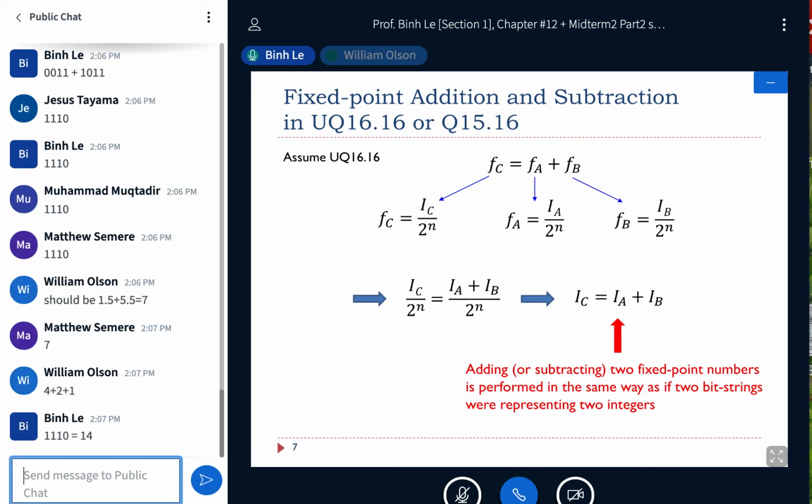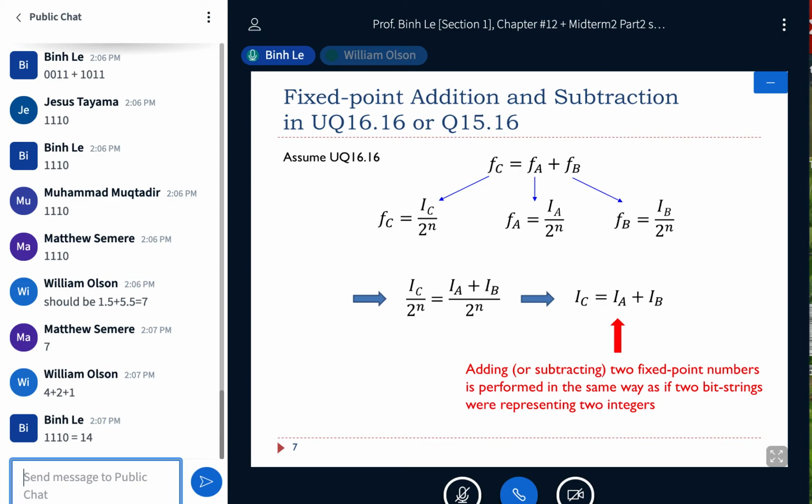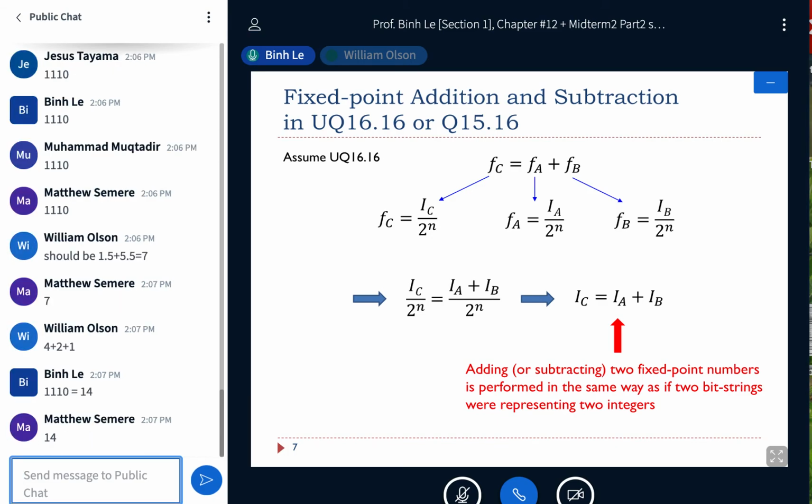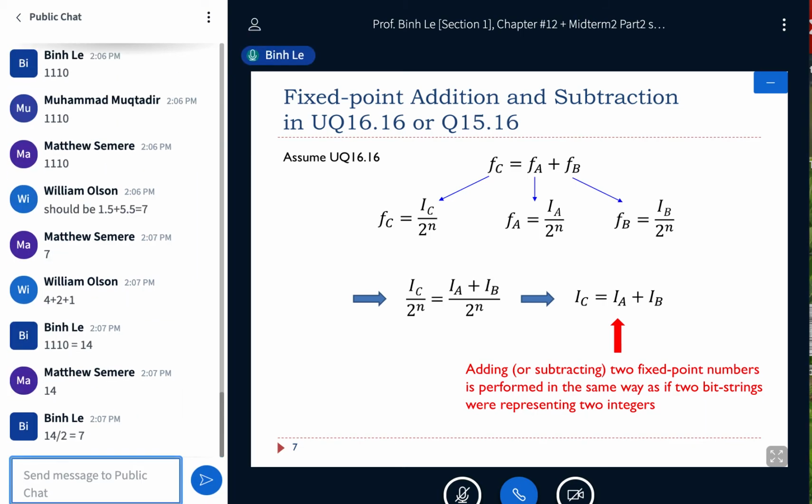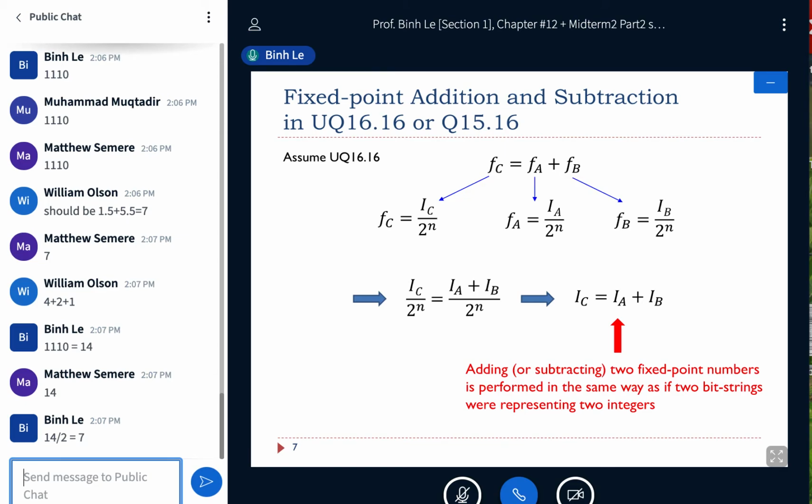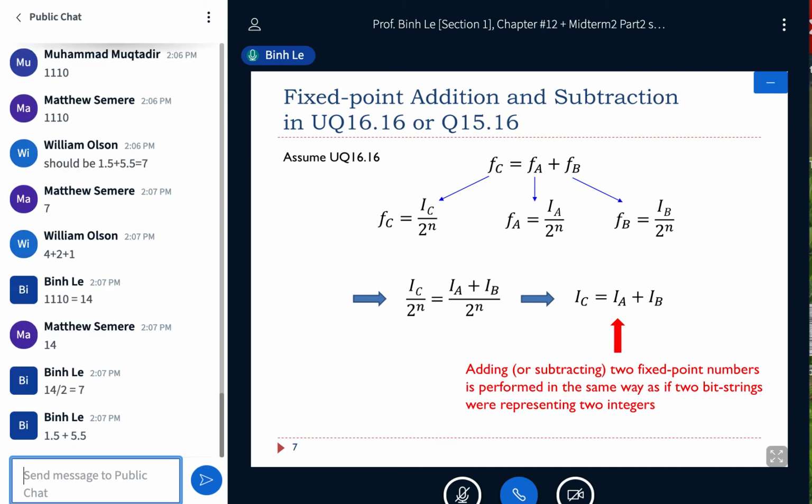Because I told you the format I use is UQ3.1, you divide it by 2. So 14 divided by 2 is 7. And it turned out that 7 is exactly the same as 1.5 plus 5.5 before. So it's amazing